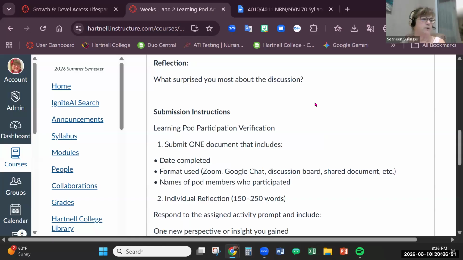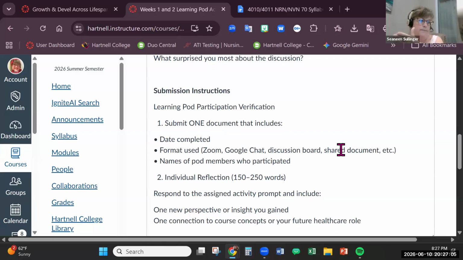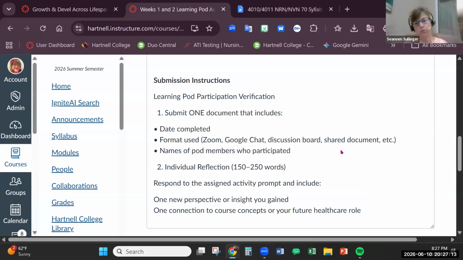And so you're going to submit one document, each individual person, I guess I should put that there, submits one document that includes the date that you guys met, how did you meet, how many of you participated, and then the individual reflection. So if you wanted to do one assignment, one document and have each of your names on there, you can do that too. That's fine. Just some of you might not want to see each